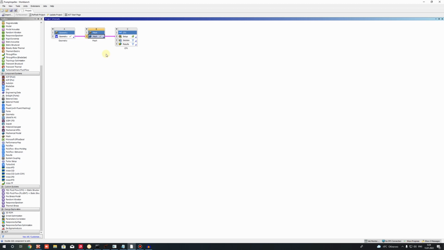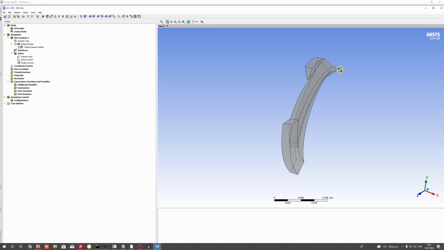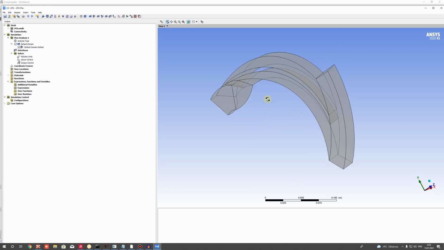And let's open the CFX. So in ANSYS CFX, we have to set up